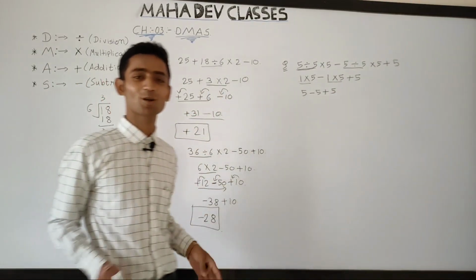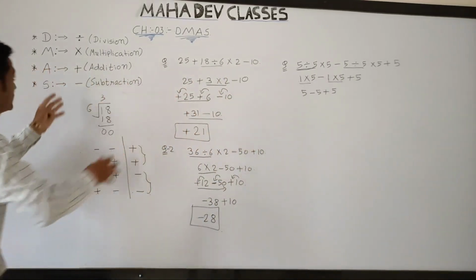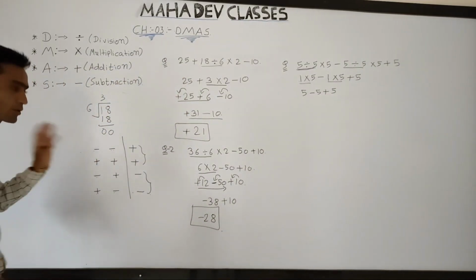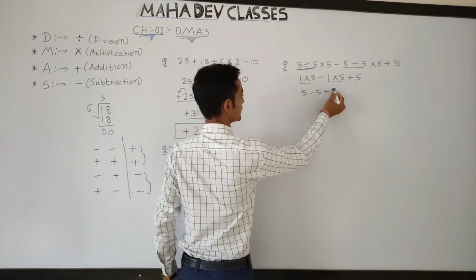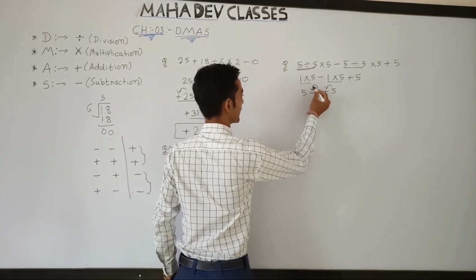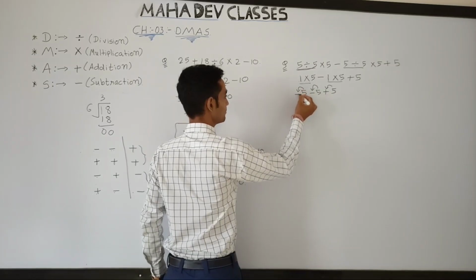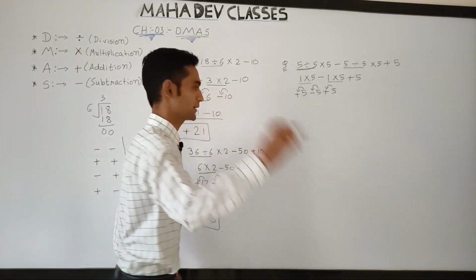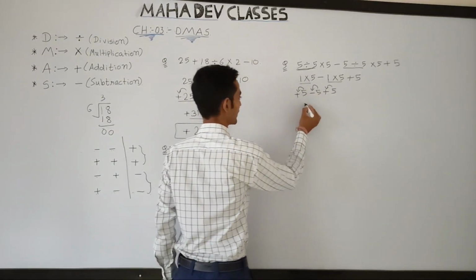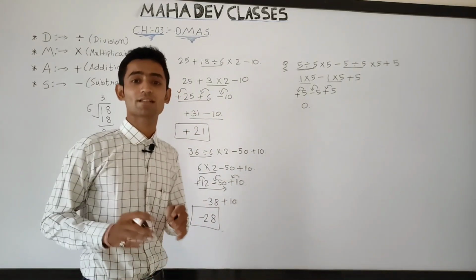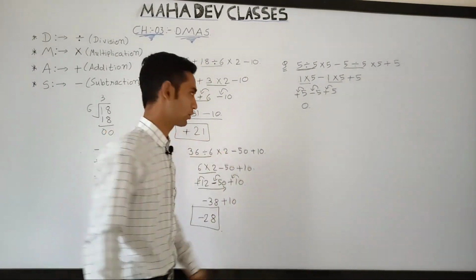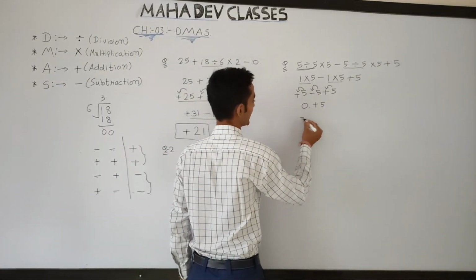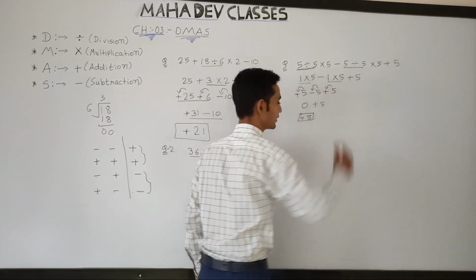Okay, now there is no symbol of addition, division or multiplication left. So now you have to follow this rule. Okay, so now you can see that this 5 is plus, this 5 is minus, and there is no sign, so it means it is plus. Okay, so now see, plus minus, different symbol, subtraction. So 5 minus 5, you will get 0, and you all know that 0 has no symbol like plus or minus. Okay, so 0, and in the last there is 5, so 0 plus 5, you will get 5. So this is the answer of our given simplification.